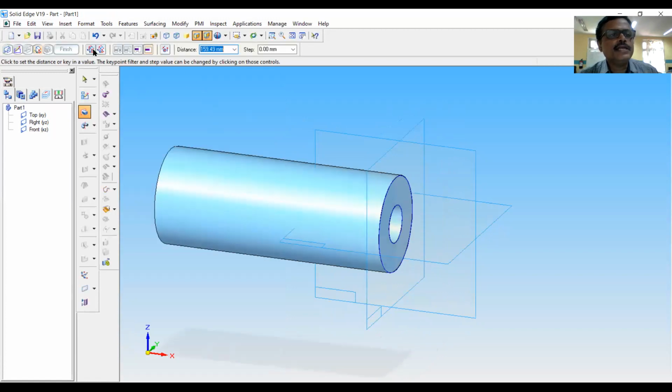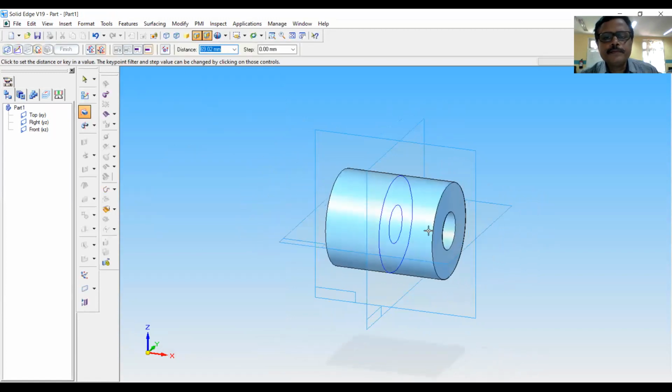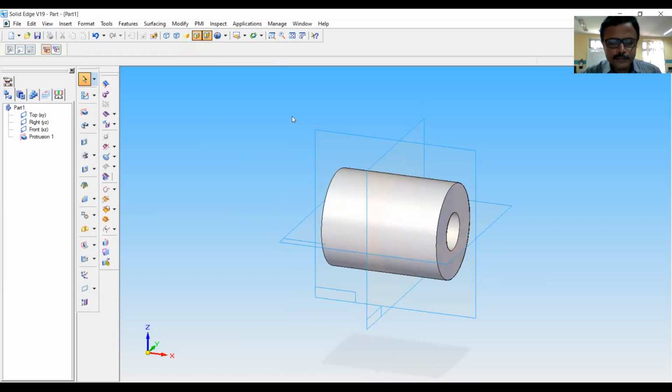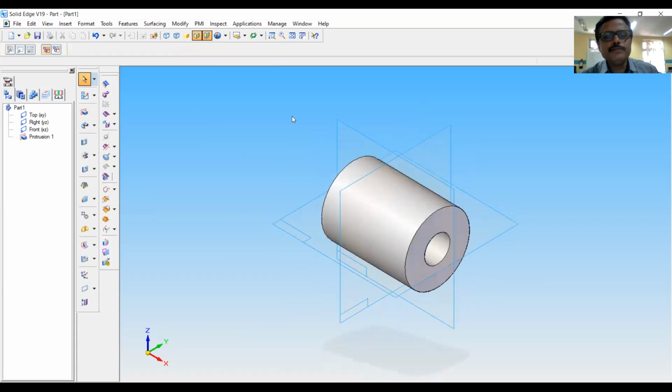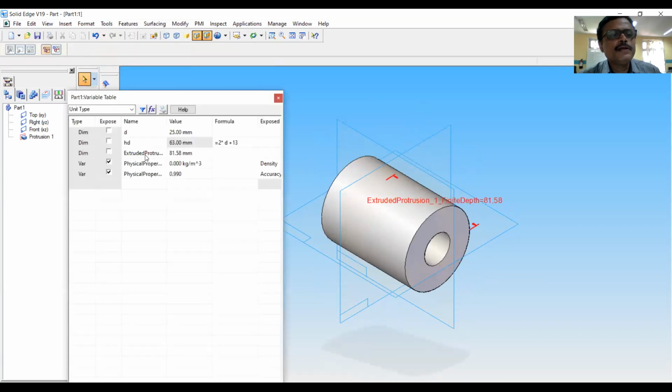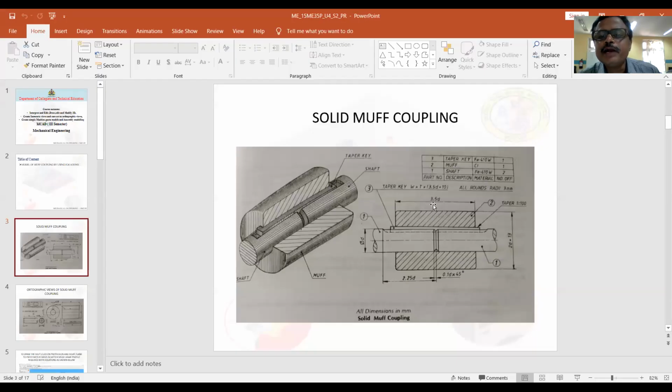Go to symmetric extent. Give the thickness, any thickness, finish, cancel. Keep it in isometric mode. Again, you have to give the thickness here as per the equation. You can see this is in the model. This is 3.5D. This is 3.5D.